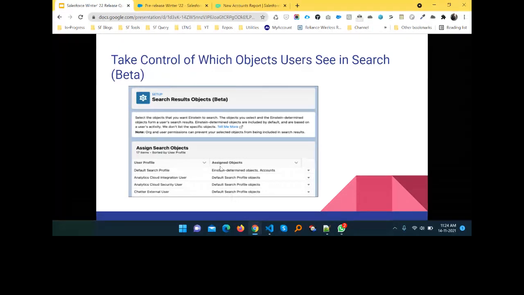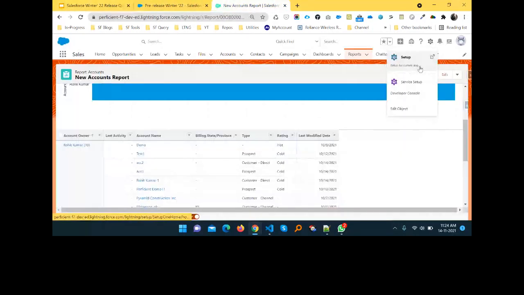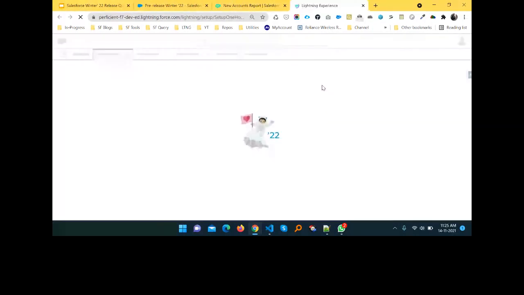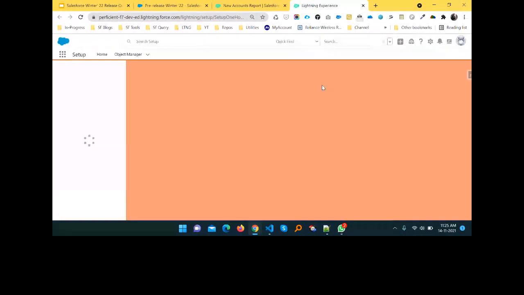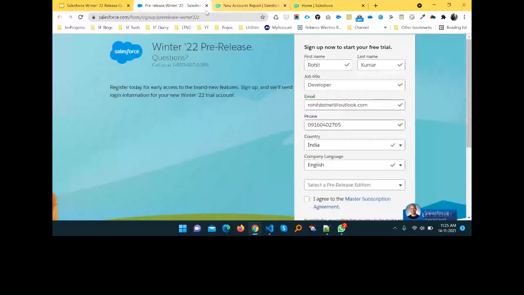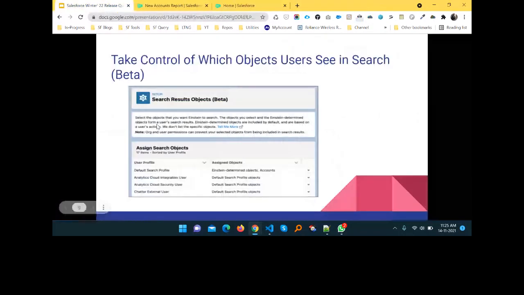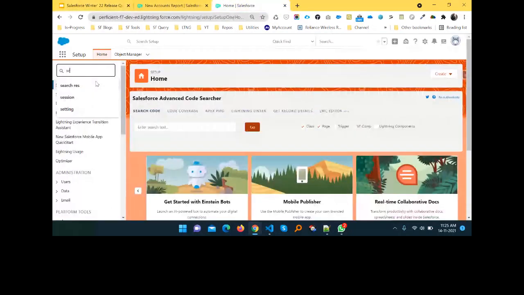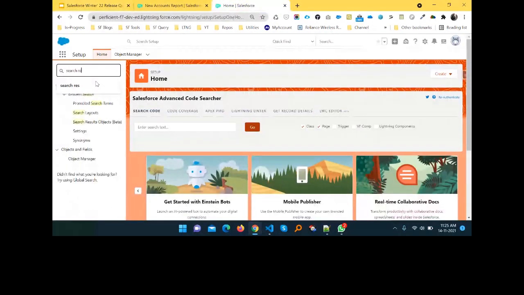Okay, once you go, let me open this under My Org, just Setup. Now once you go to this Setup, you have to search, let me close this one, and here you can see Search Result Objects. So you have to search under the Quick Find, like search result, something like that.